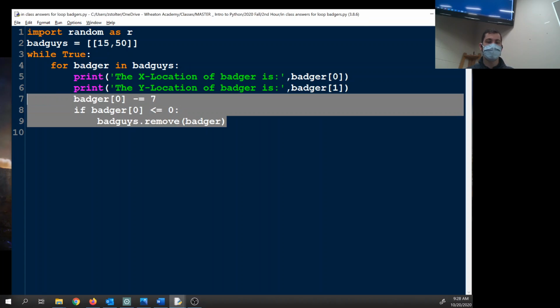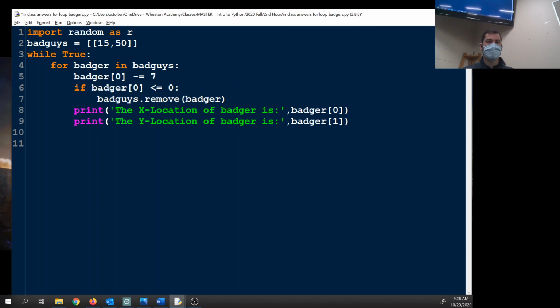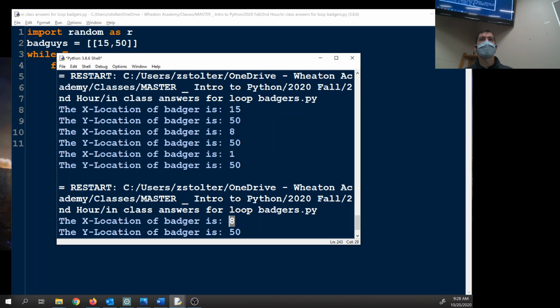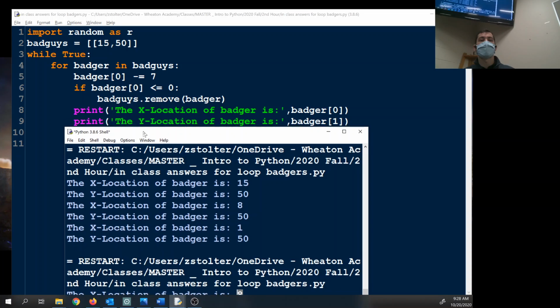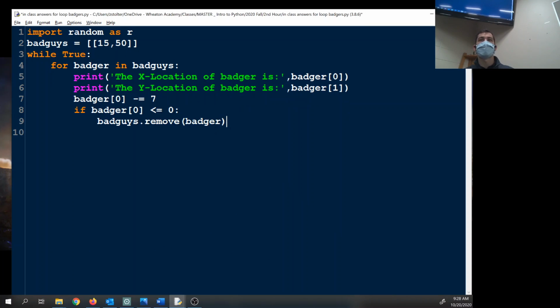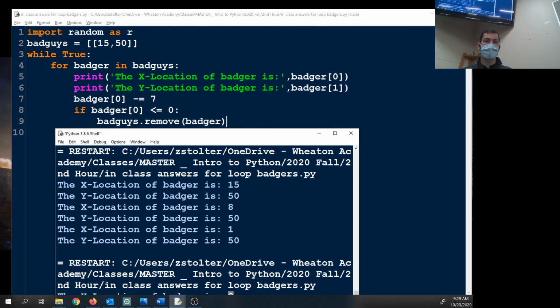So if I put this up here, it starts at 8. It just starts displaying at 8, so it skips the actual spawn point of 15. Which is why I would do it after. Display, then move. Don't move and then display. So that's the first part. Right? Because now I get,